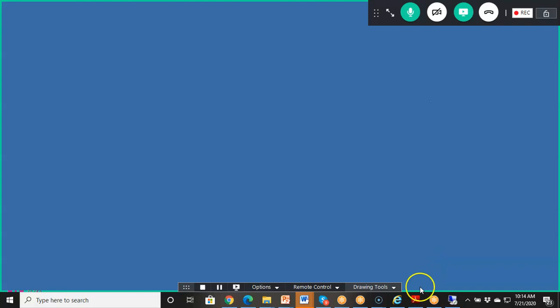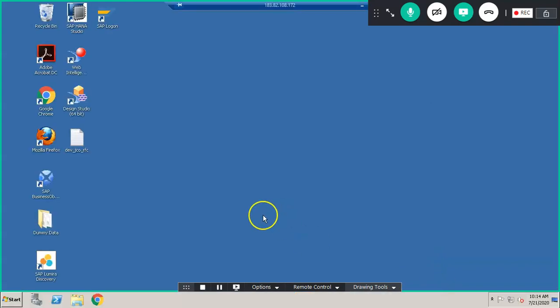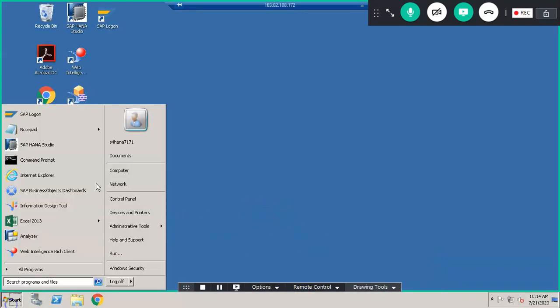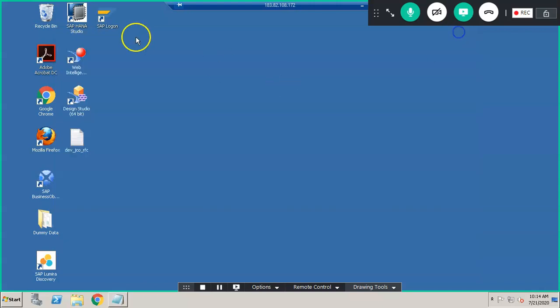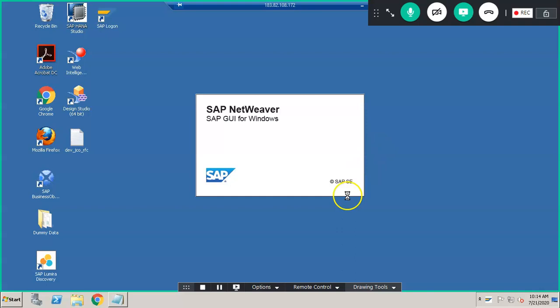So we'll be going ahead with the scenarios in the ABAP perspective. In this session, what we are going to do is first connect to a project. A project is something in which we connect to a particular server. So let's say we have a server, and we are going to connect to a server here.